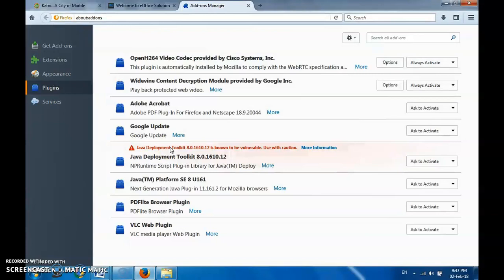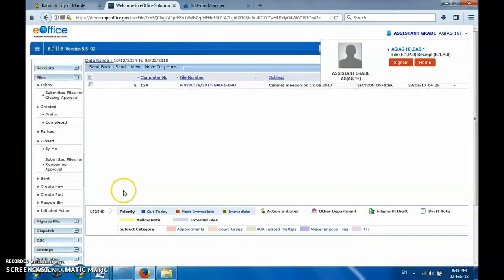So in this video we saw installation of digital signature and its registration in the eOffice file management system module. We saw some Mozilla Firefox settings and other things to be done. It is a very easy application and youngsters will do it very easily. I request district heads: for various other softwares running in their departments, either state government portals or central government portals, generally the office depends on one or two operators. They do all the online work, but you cannot give all the things of eOffice to an operator, as file approval is something very critical, as you know very well.